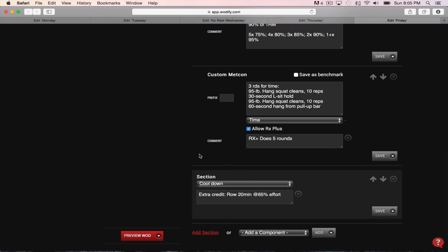The extra credit for Friday is a 20-minute row at 65% effort. Just a good, easy effort. And again, this is probably not going to be something that you can get done within the hour period. So don't think as though it is. Set aside a little bit extra time for your